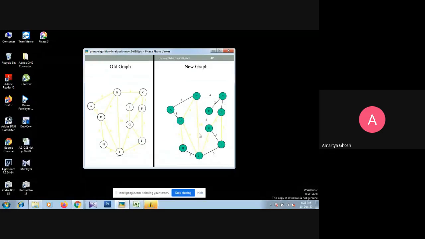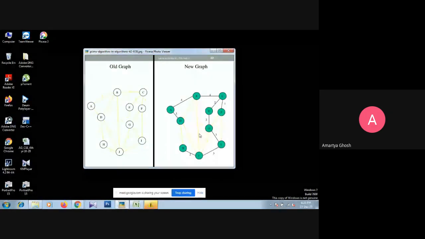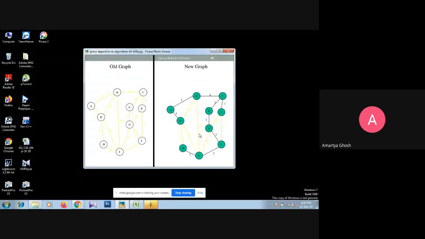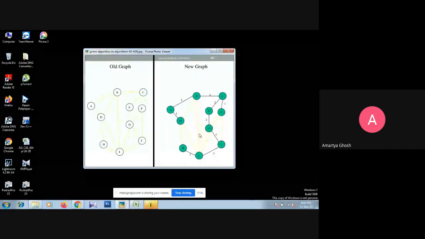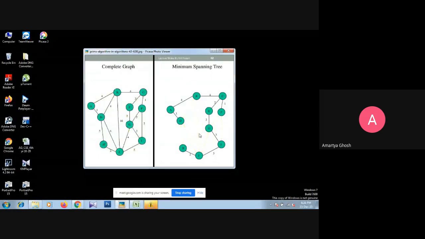So what is the logic basically? We have to start from any one node, and thereafter we have to connect according to the n number of nodes. From that particular node, we have to choose only one, that is the smallest weighted edge. Clear? So this is the minimum spanning tree, and that is a complete tree. So hope all of you understand. That is the rule.